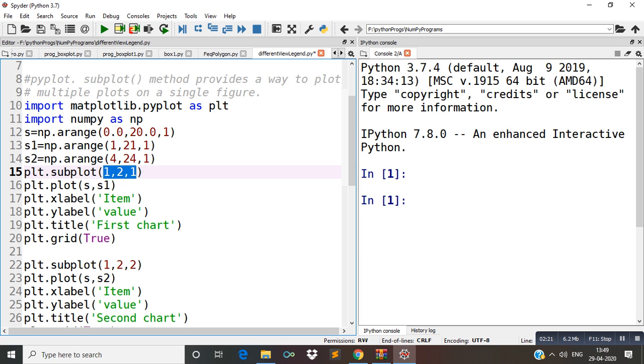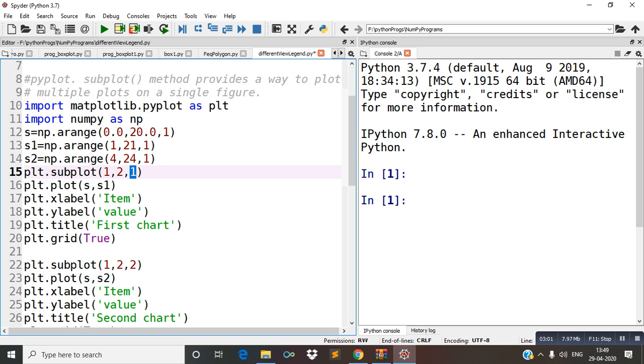Firstly I want to tell you the meaning of the third parameter. At the third parameter you can find there is 1. It means that we are going to form the first figure, that is, the first plot. This is for the first plot. When we create the second plot, this will be changed to 2. If you want to create the third plot, you can replace it with 3. So here 1 means this is for the first plot, or you can say first figure.